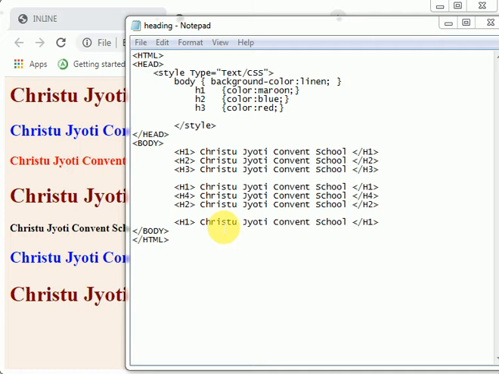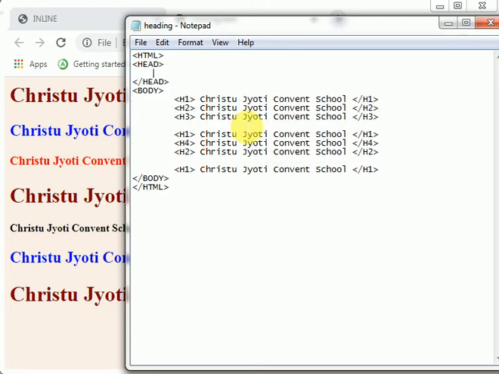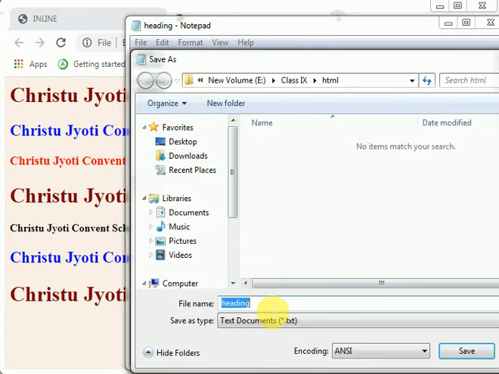Next is the external style sheet. It is the most powerful and flexible method. It is used especially by web professionals to define the layout of web pages. When you need to apply a style sheet to multiple pages, the best way is to create an external style sheet. For that purpose, we can remove this tag from here. Okay, I am saving this file as external